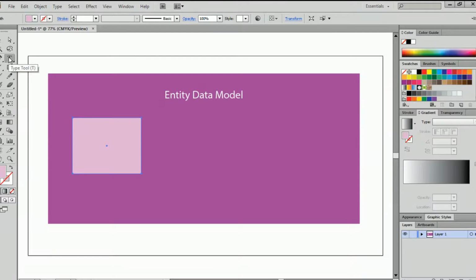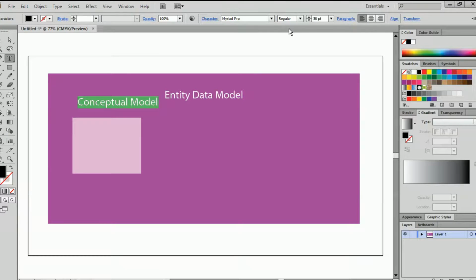I'm going to reduce the size of this. Okay, fine, let's change these colors. This is pretty good. The first thing is the conceptual model, and the second one is going to be the mapping